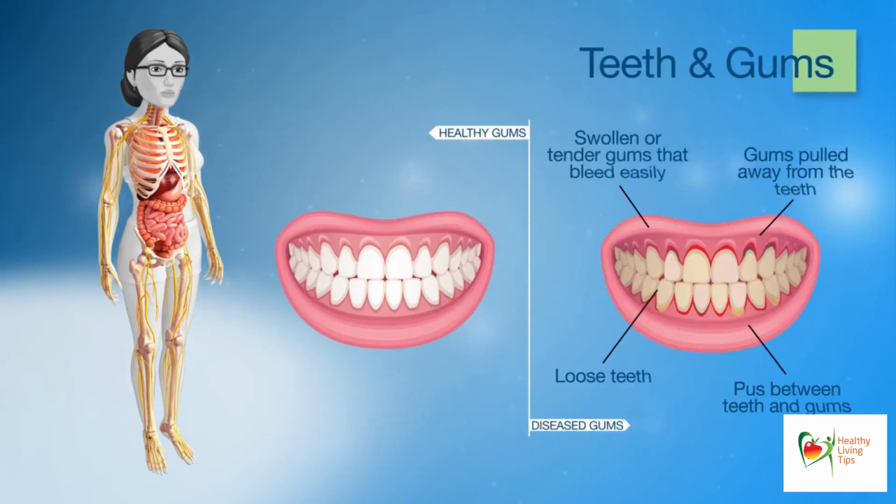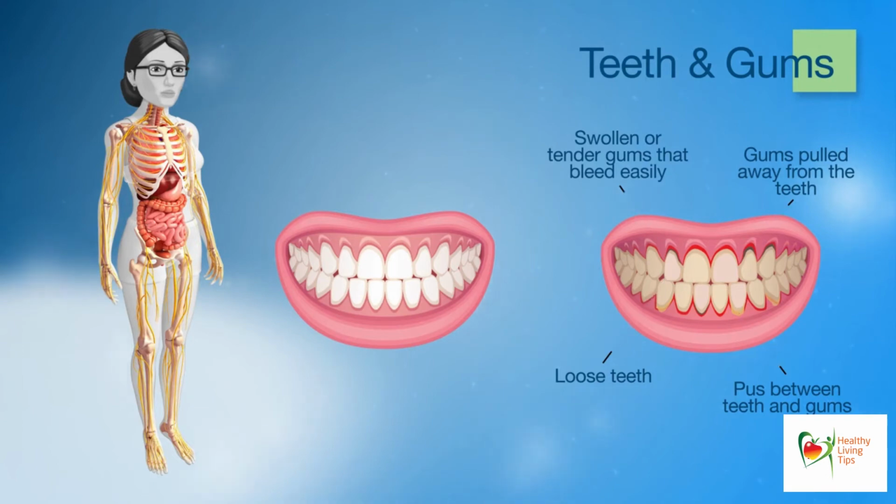Gum disease can occur as a result of inflammation caused by elevated blood glucose levels. This also creates an ideal environment for bacteria to build up, increasing your risk of gum infections. Gingivitis is the most common form of gum disease, which is caused by the buildup of bacteria in plaque. If gingivitis is left untreated, it may progress to a more serious gum disease called periodontitis. Periodontitis involves inflammation and infection, leading to weakening of the tooth socket.